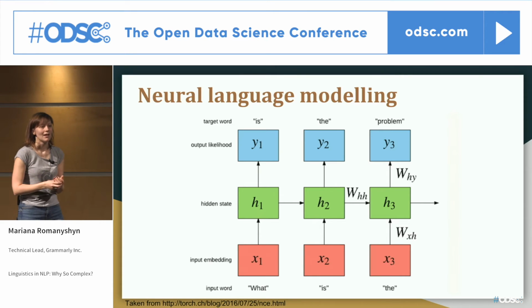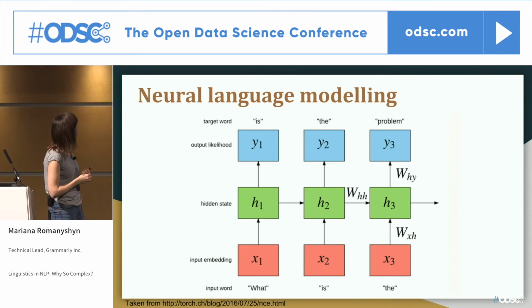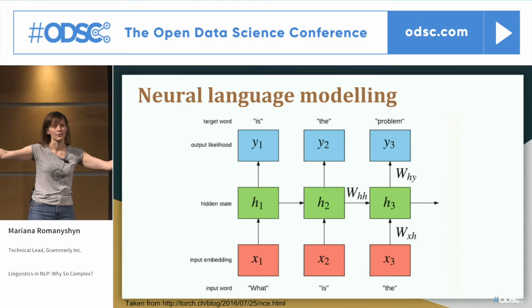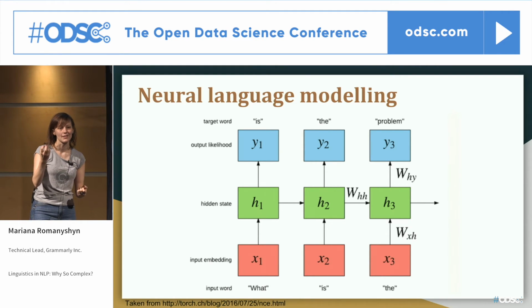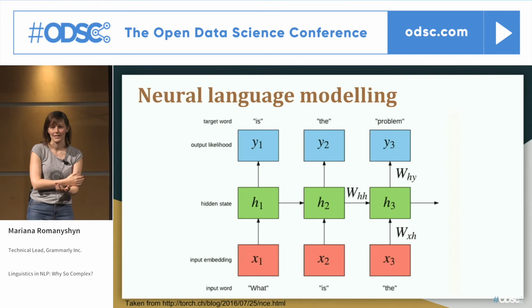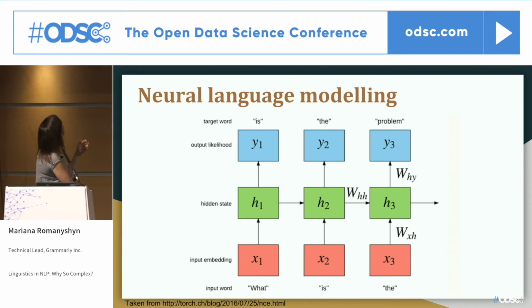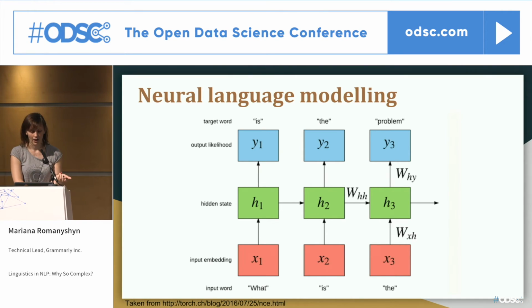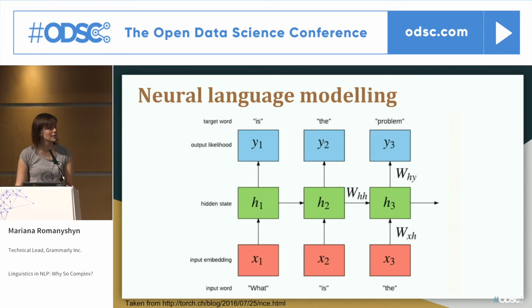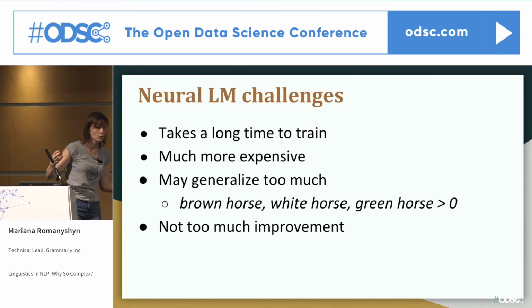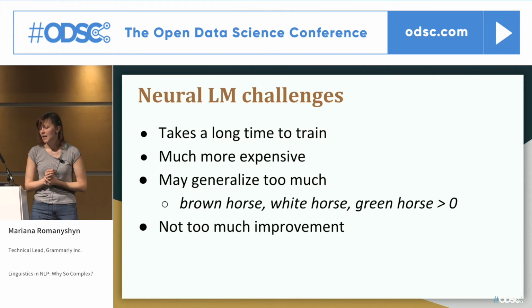How can we use this to estimate the probability of a sentence now? You take your new sentence, you feed it into your model, and at the output layer, it gives you the probability distribution for all of the words in your vocabulary. You just pick the probability of the word that is in your sentence, and you can again multiply it by the probability of all of the previous words that you've seen in the sentence. Okay? Great. This is not the only type of model that you can use for neural language modeling. You can also use LSTMs or anything else that you want. With neural language models, you don't need any chain rules or n-gram bases,